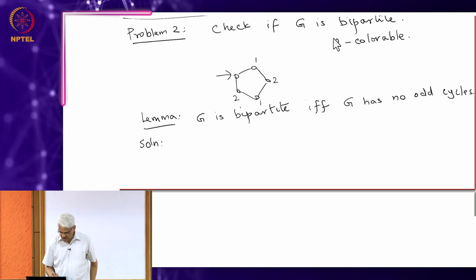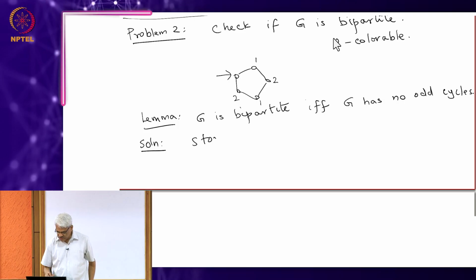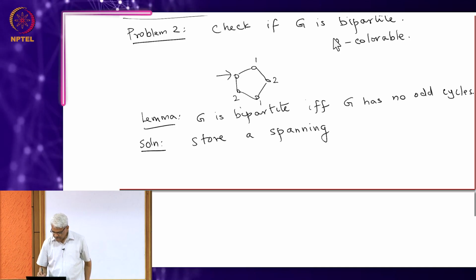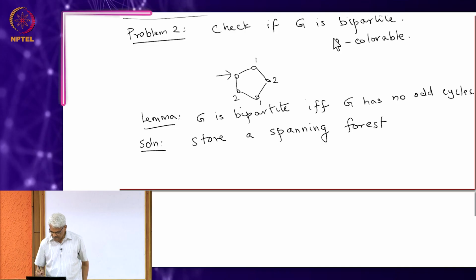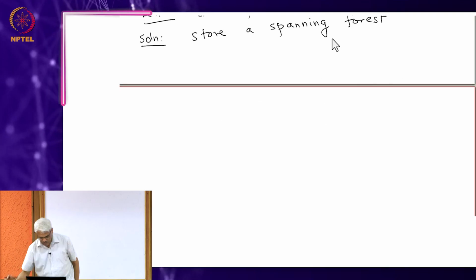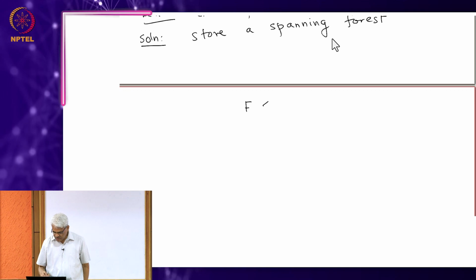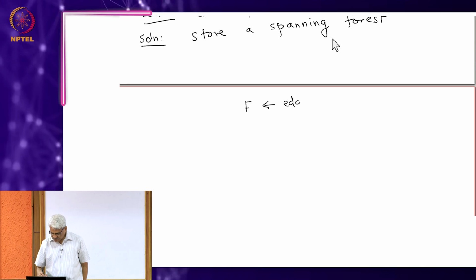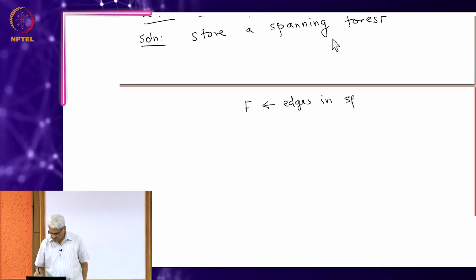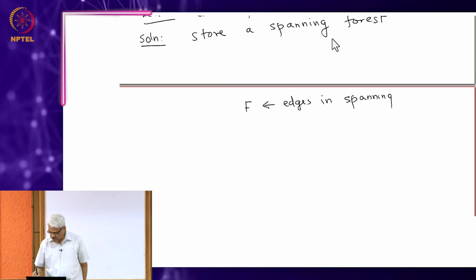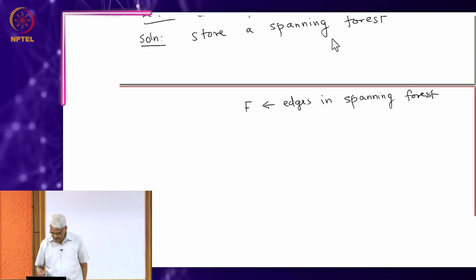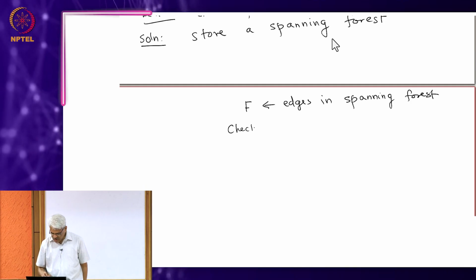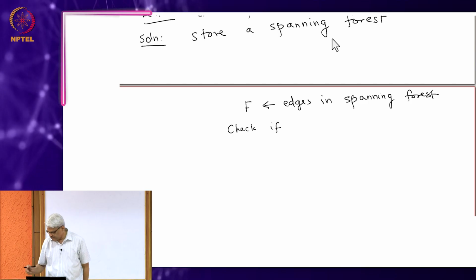So, the solution again here is to store a spanning forest, start with the edges currently in the spanning forest, and when the edge E comes, check